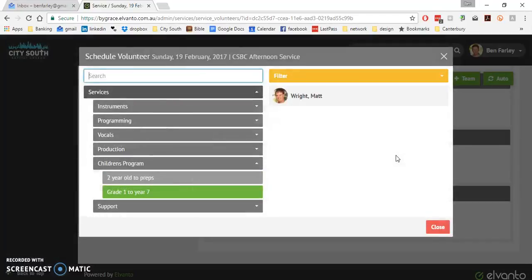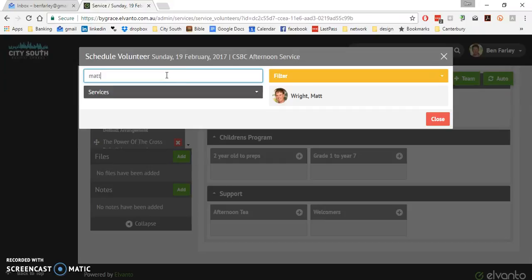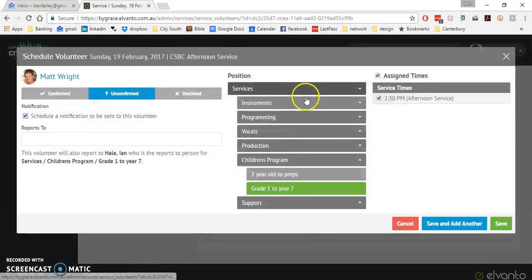So we click on the little plus sign, and it'll bring up this little thing, and you'll sometimes see a selection of names over this side here, and that will give you quick access to those who are involved in that. But sometimes this needs to be set up so it doesn't always show all the people that are involved. So in this one on the 19th, I've got on Matt's notes here, it's himself, so click Matt, and